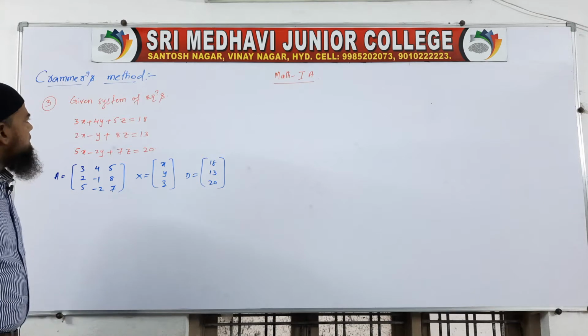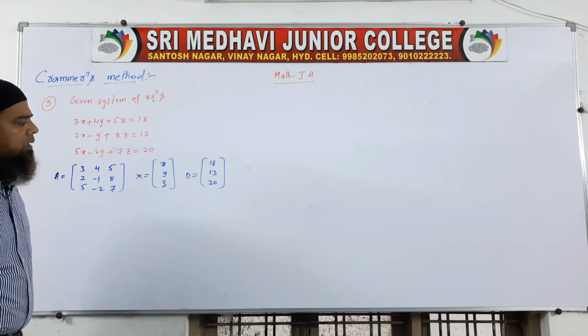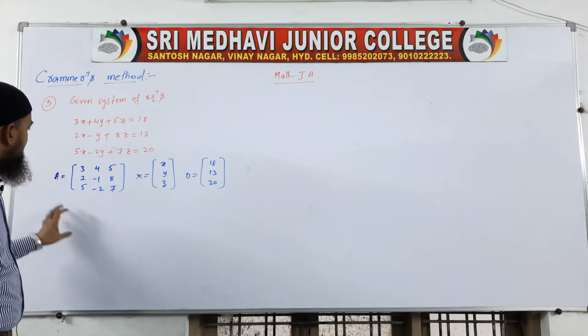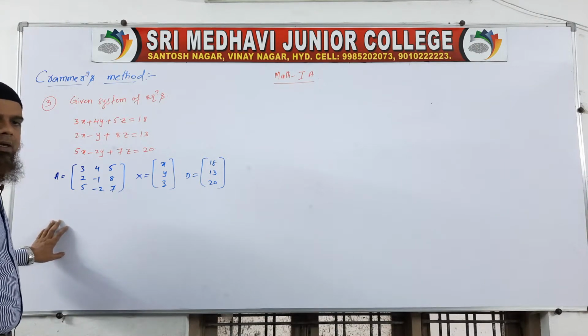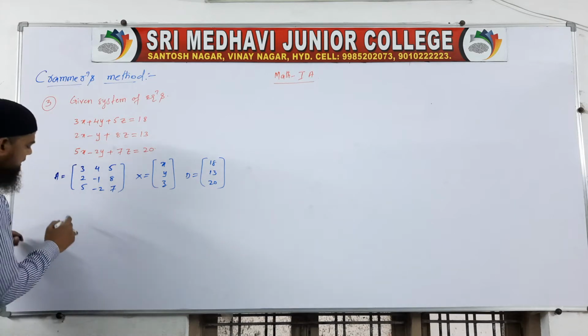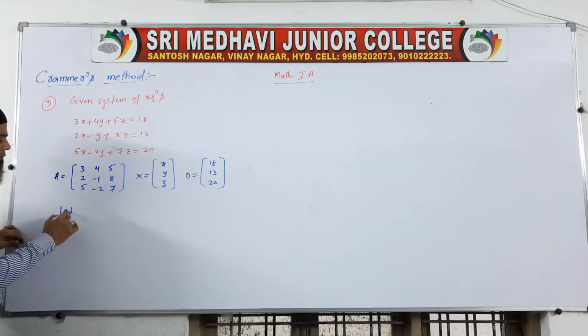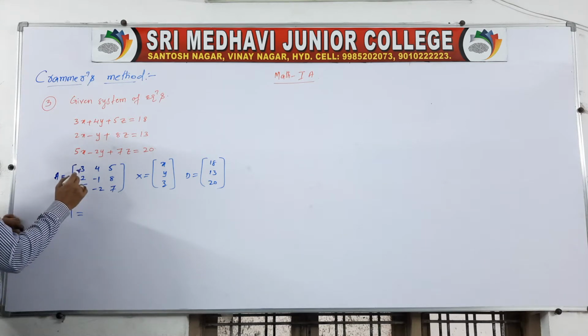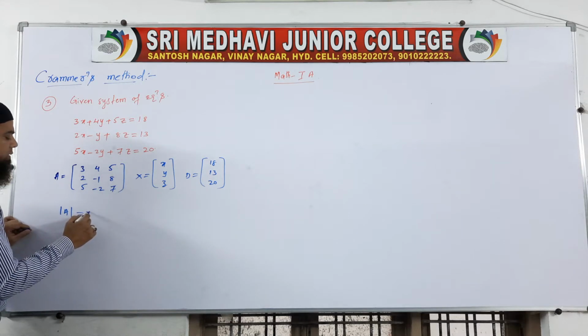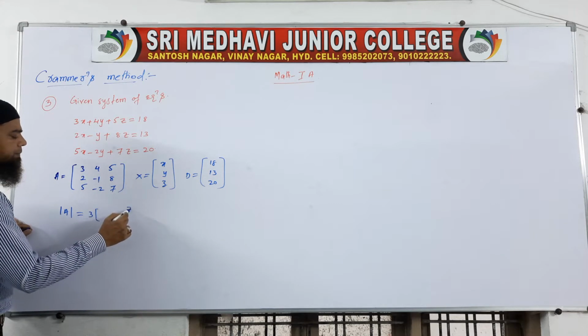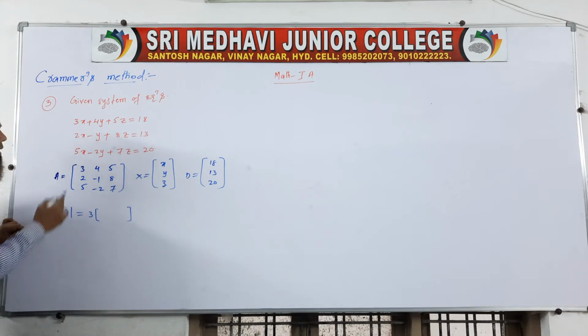Now, as per our formula that we just learned about Cramer's method, what we have to do is find det A here. See on the board how to find it. Already you know that. Det A is equal to, we are selecting the first row, 3, 4, 5, 3 elements I am selecting. First you write down 3, take a bracket. In that, what do we have to write? 3 is present in, with imaginary lines, with your index finger you just take imaginary lines, 3 is present in the first row and first column.